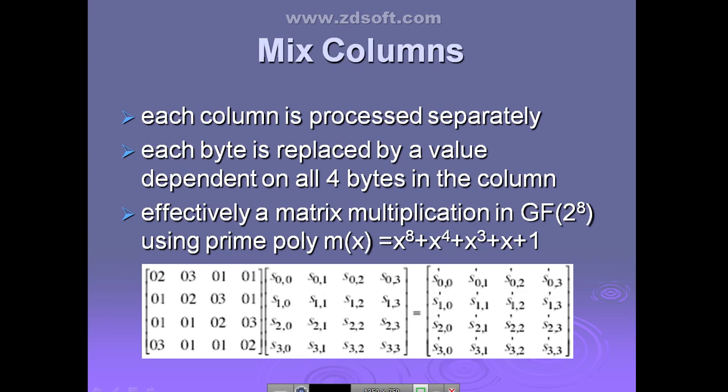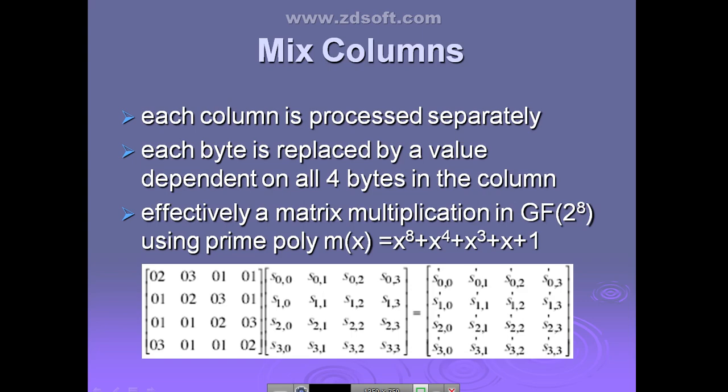Here, each byte of the column is mapped into a new value that is a function of the 4 bytes in that particular column. See how we are going to do the substitution here. Each column is processed separately. Each byte of the column is mapped into a newer value that is a function of the 4 bytes in that particular column.